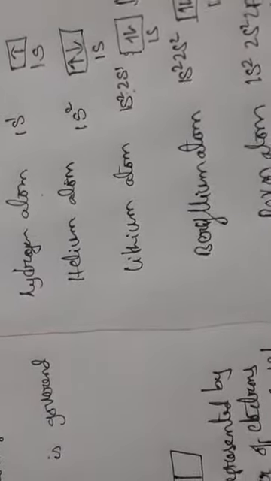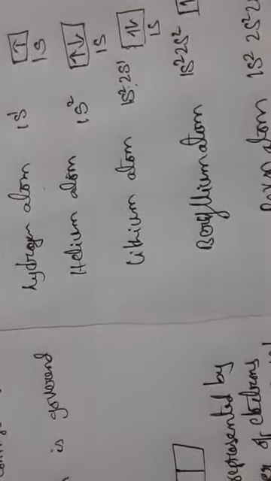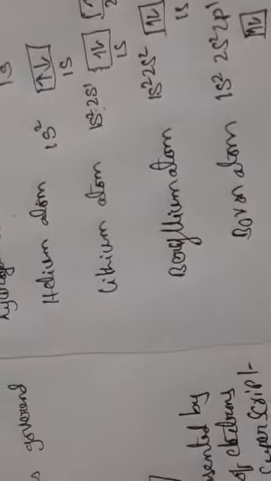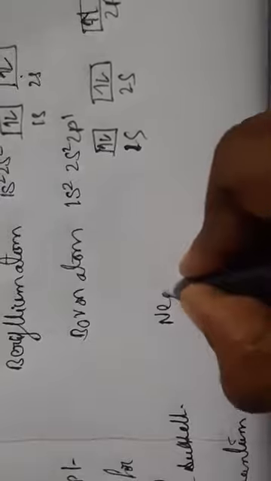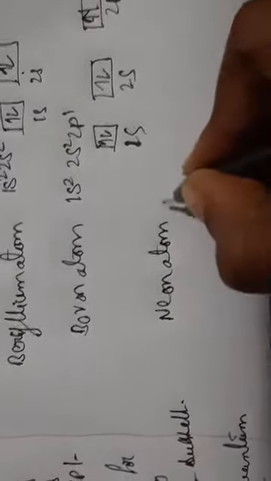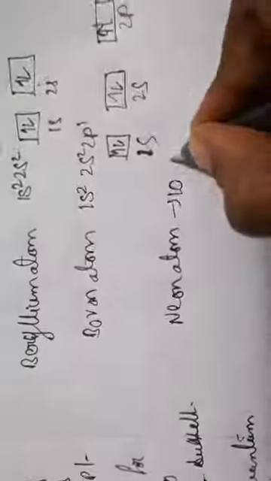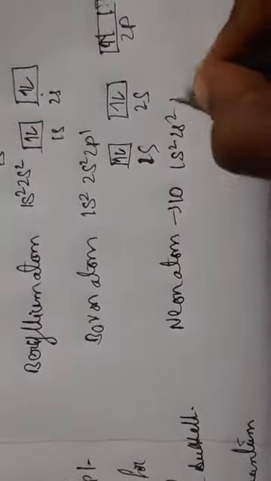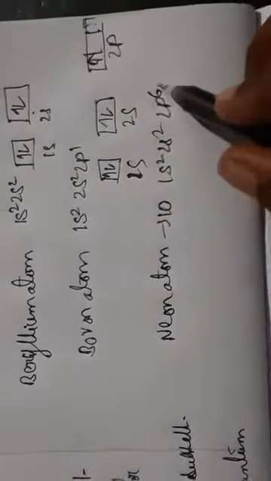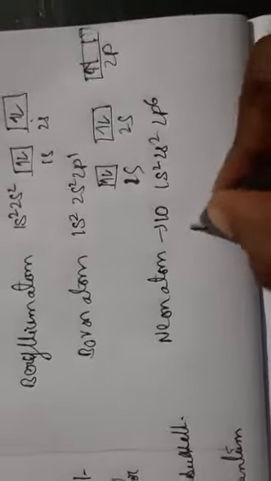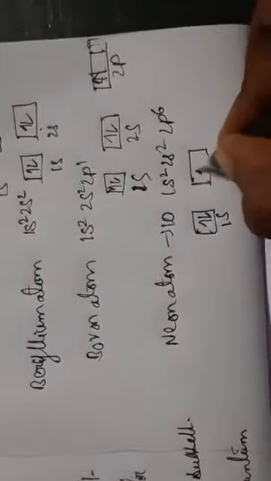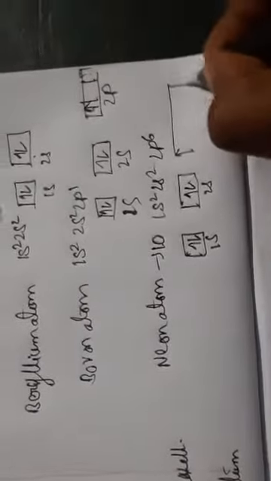So this is the electronic configuration of atoms, and we will have electrons in completely filled shells. For example, if you take the neon atom, its atomic number is 10. It has the configuration 1s2, 2s2, 2p6. If you count, 2 plus 2 plus 6 is 10. So here 2 electrons in 1s, 2 electrons in 2s, and coming to the p orbital.